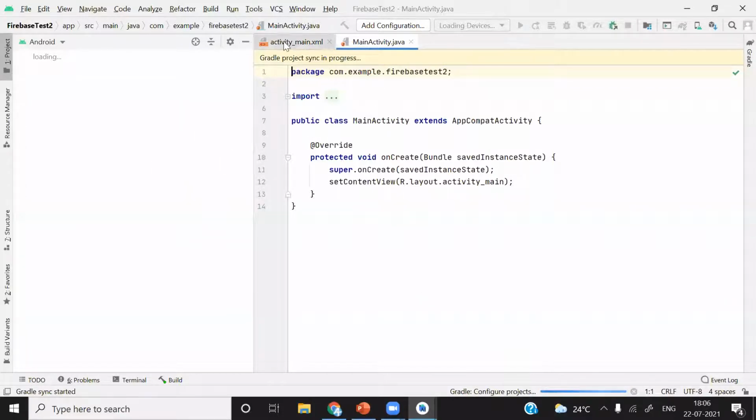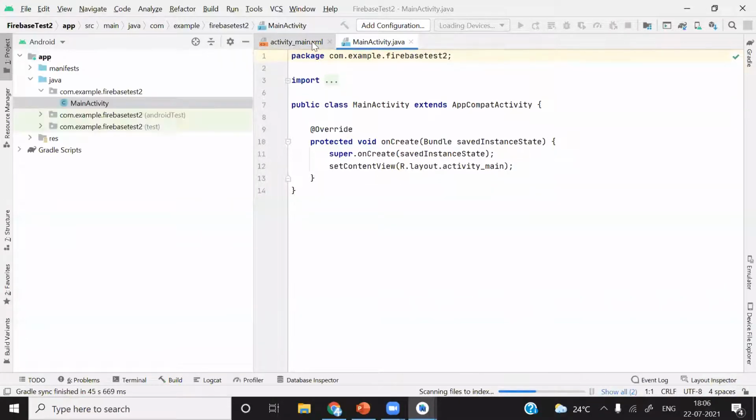So you can see here 2 files. First is activity_main.xml and next is MainActivity.java. So MainActivity.java is the backend file. We have to write all the code related to backend there, and in activity_main.xml, in this file we have to write code related to the user interface.